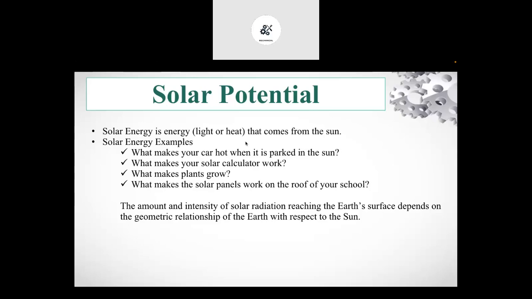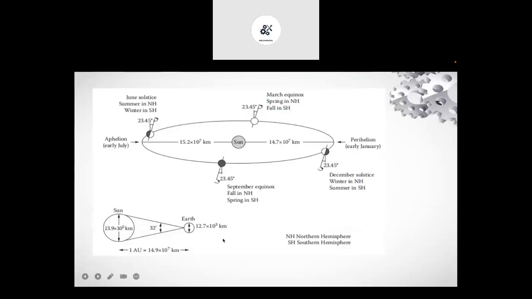Now, the amount or intensity of the solar radiation which is reaching the Earth's surface depends on the geometric relationship of the Earth with respect to the sun. This radiation coming out from the sun is affected by the geometrical relationship of Earth and sun. Okay, so basically, first of all, we should know how the sun is generating this much radiation. So, as we know,